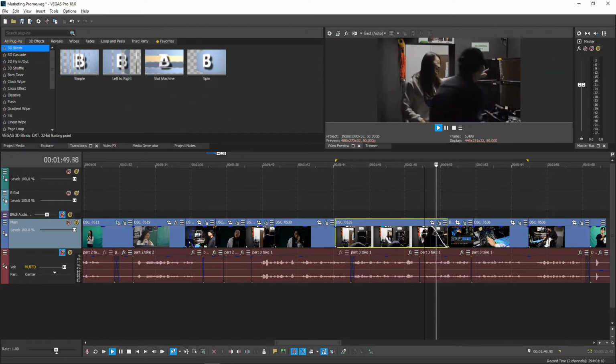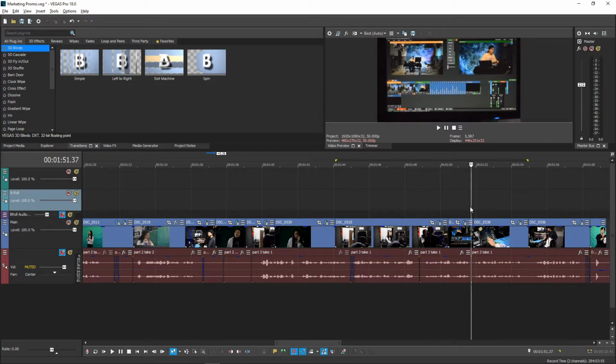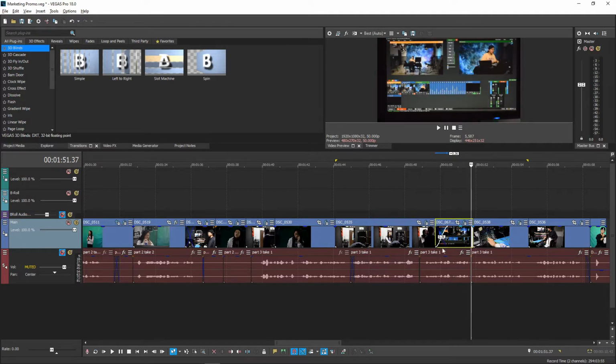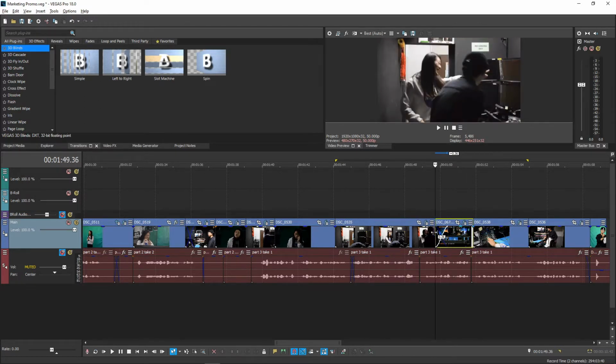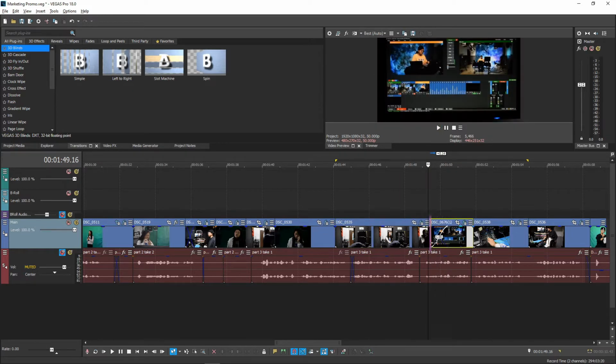However, and this is my favorite Vegas feature of all time, if you want to crossfade two clips on the same track, all you have to do is drag the clip over it so they overlap, and Vegas automatically creates a crossfade. You can adjust the timing however you want as well.